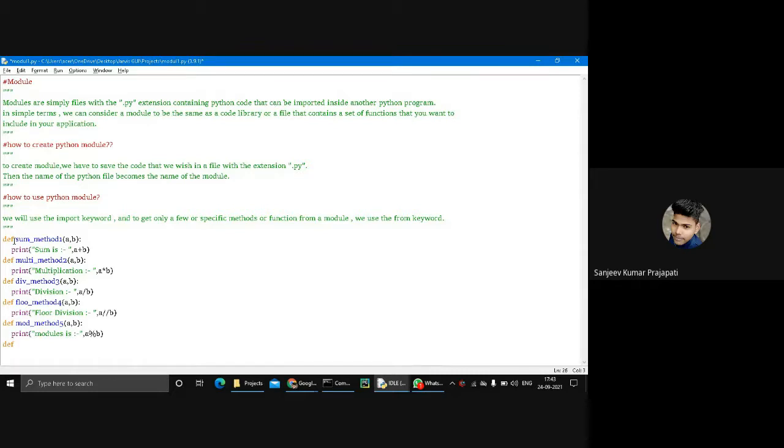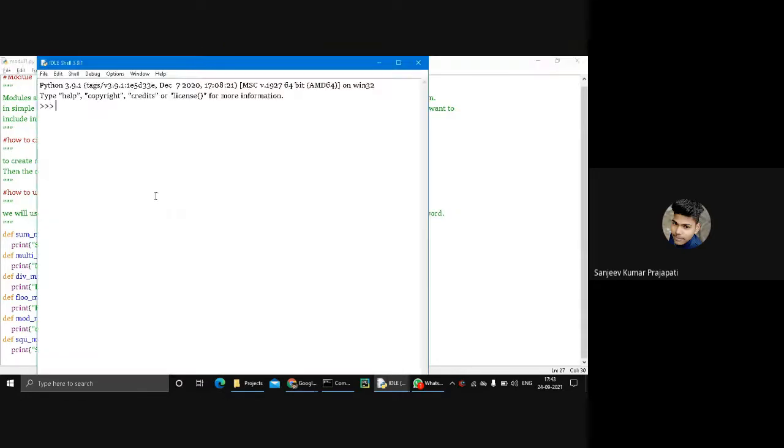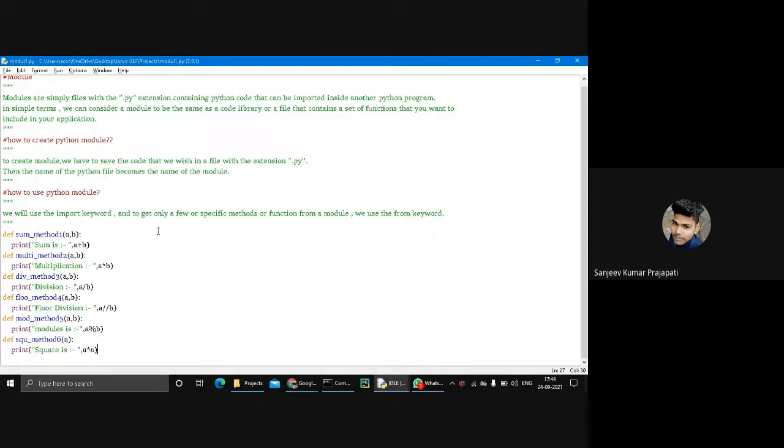And last is square, method 6. It takes only one argument and prints square is a multiplied by a. Press F5. So we successfully created these 6 methods.